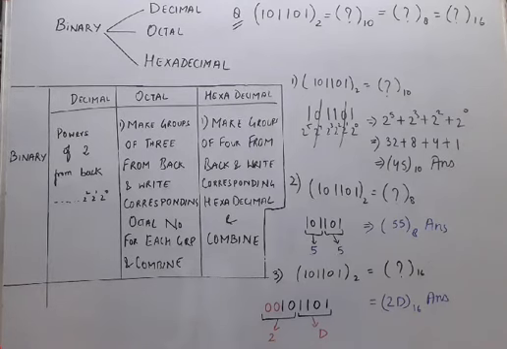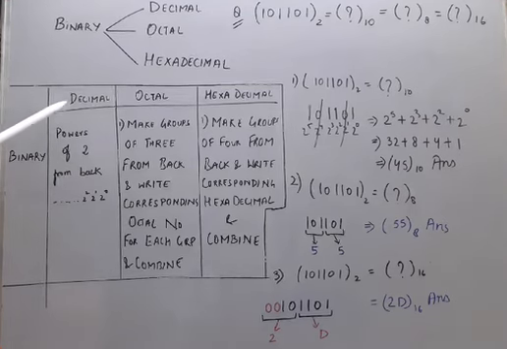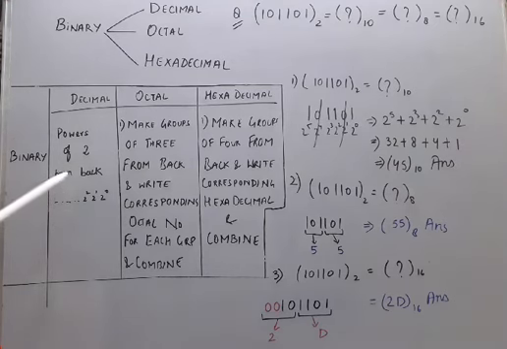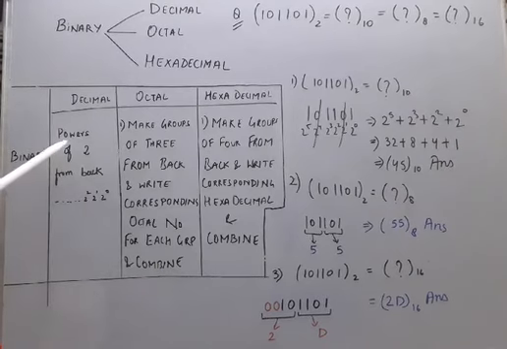Now, having discussed the binary representation of octal and hexadecimal numbers, let us come to the portion of conversion. Here you can see in this table I have done the conversion of binary into decimal, octal and hexadecimal. In this table you can see this is binary, and the method to convert a binary number into decimal is this. When you have to convert a binary number into decimal, you have to put powers of 2